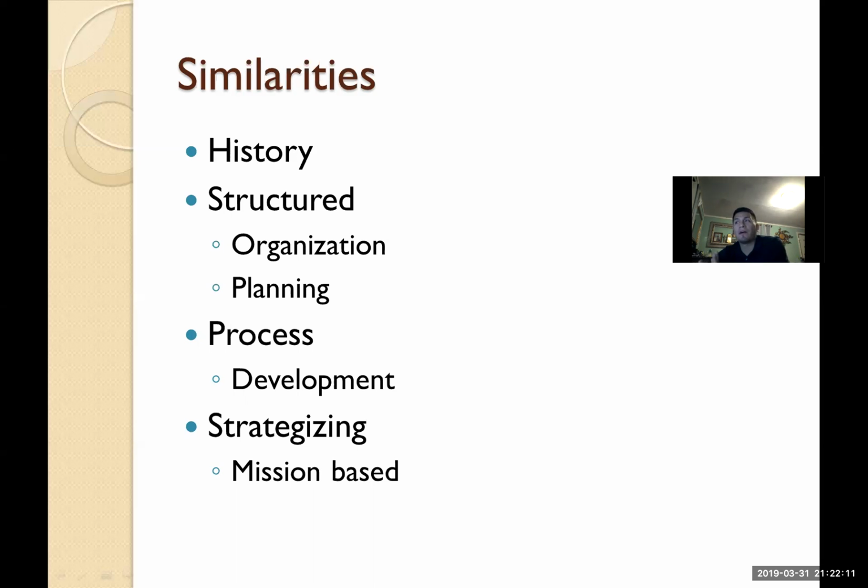Another similarity was the process. In general, every competency, besides the first one, which was about philosophy and the historical foundations of a nonprofit organization, I feel like process is something that they all have in common, because it's not just one set of responsibilities or duties. It was a process. There was a beginning, middle, and an end, and in a lot of them there was an evaluation, so an afterthought or a bonus. So it was a process that included feedback, and that was part of the development that I noticed as well